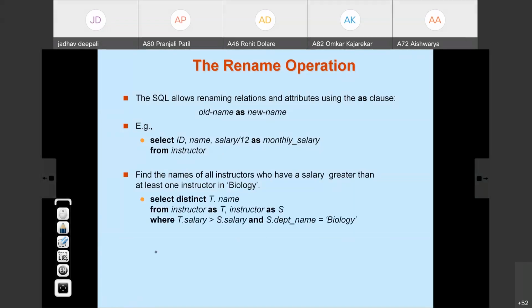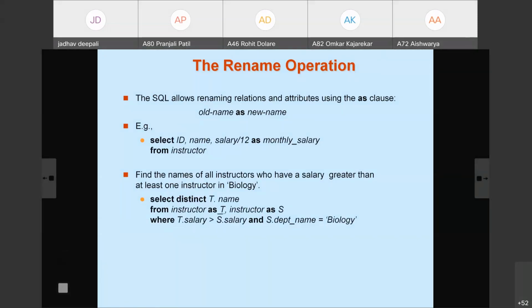In this way, the distinct word is used here in the book: select distinct T dot name. It is possible that multiple courses are taught by the same instructor, so that their name appears multiple times, and to avoid that, the distinct word is used here. So from instructor as T and instructor as S and the remaining query.